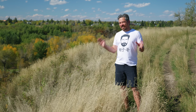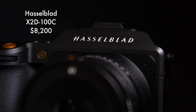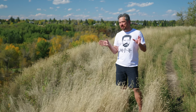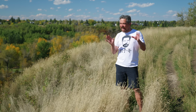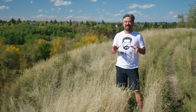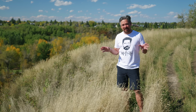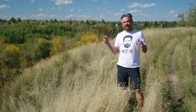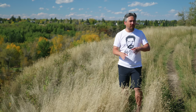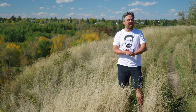Okay, time for another prestigious company, very expensive cameras. Let's talk about the Hasselblad X2D. Now Hasselblad, this is another interesting parallel to Leica, where they did kind of play around with the idea of putting video in their cameras. The X1D did shoot video. It wasn't very good at all, and then everybody's like, never again, don't do this to our cameras, and they listened. So the X2D, no video mode whatsoever,